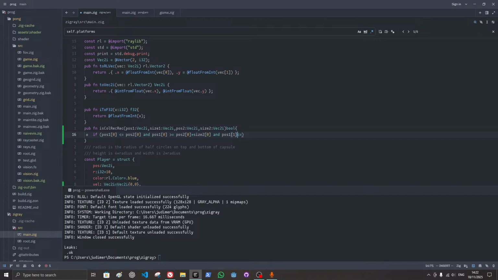So, no, 1 1. Okay, 2 1. That means that the first rectangle is the left side of the second rectangle. And then